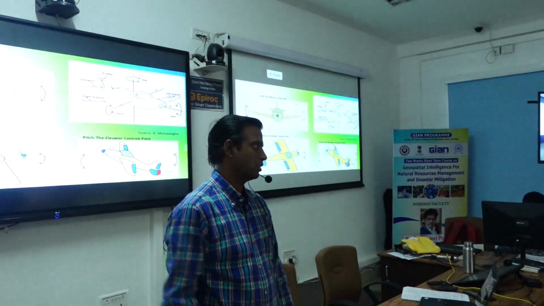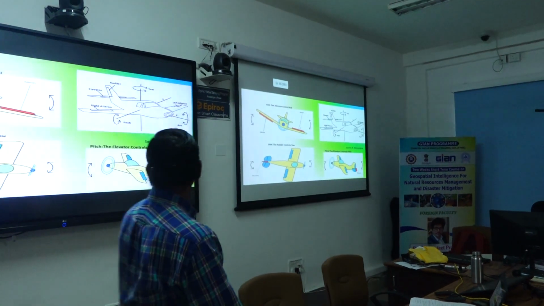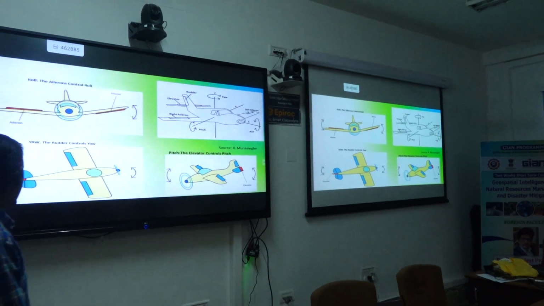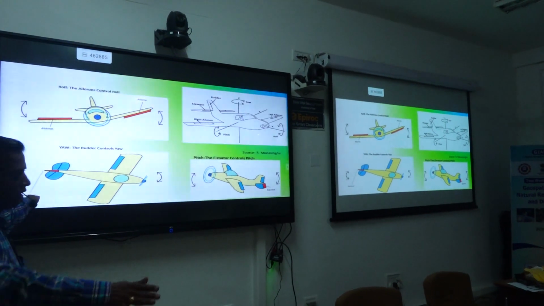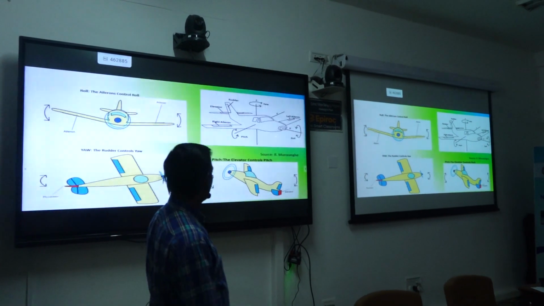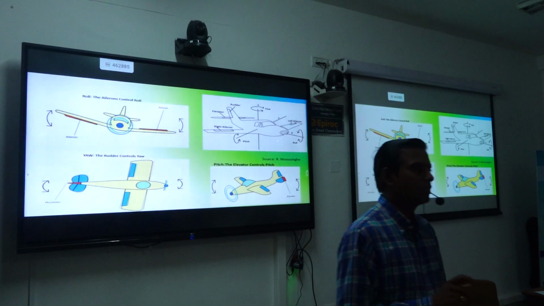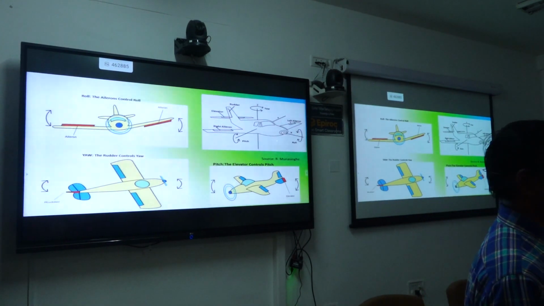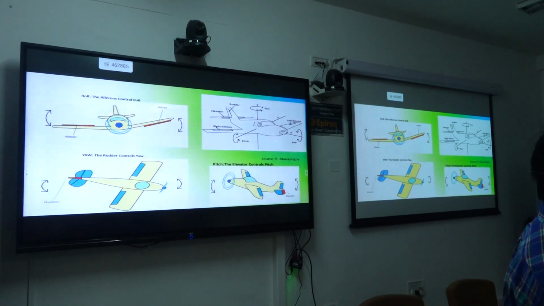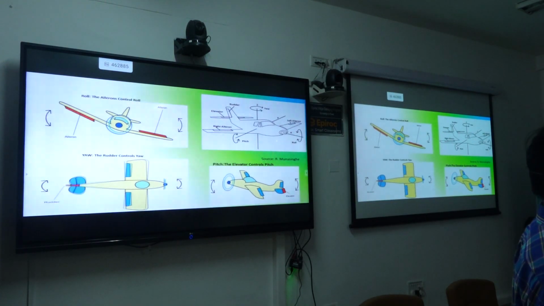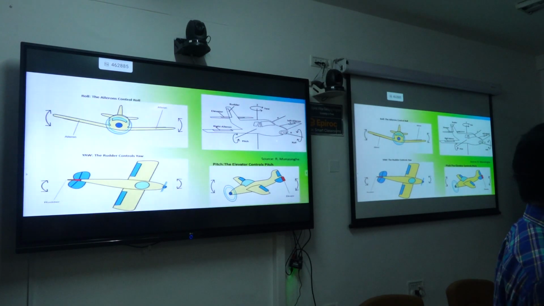There are 3 errors: one is due to the aileron, another is due to the rotor, and another is due to the elevator. Especially at the time of capture, we can't identify such kinds of errors. Maybe those are very minor, but once we get the data,